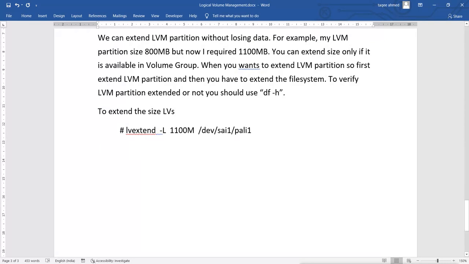Now this depends on which file system we are using. The command depends on the file system which we are using. In Linux RHEL 7, we can use the ext file system, either ext2, 3 or 4. ext4 is the latest, advanced one, and we can use the default one, that is XFS. It depends on the file system how we can extend it.